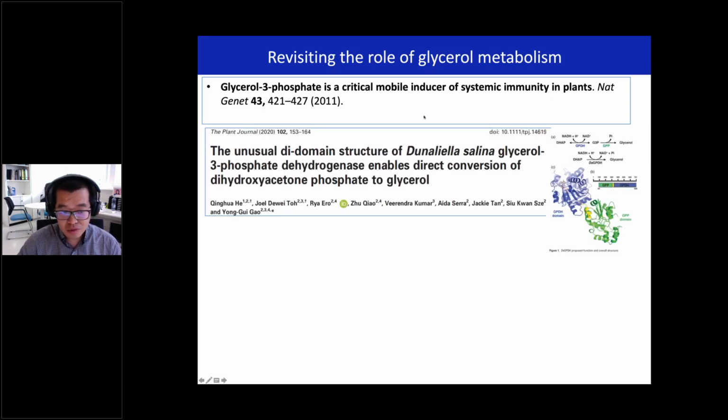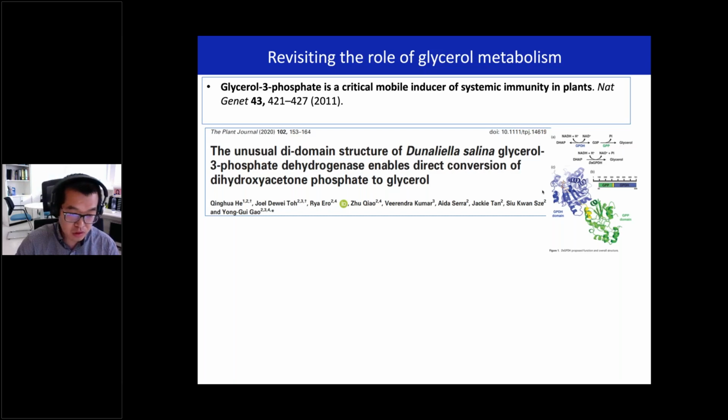And in this very interesting sea algae that can grow in very high salt concentration, they did that by evolving a new enzyme, basically by combining the GPD1 activity, DHAP to G3P, with the enzyme for the next step. So this enzyme is basically fused into one, and then you have that two-in-one conversion. This green algae can convert DHAP into glycerol directly in one reaction, and that's why they can grow in high